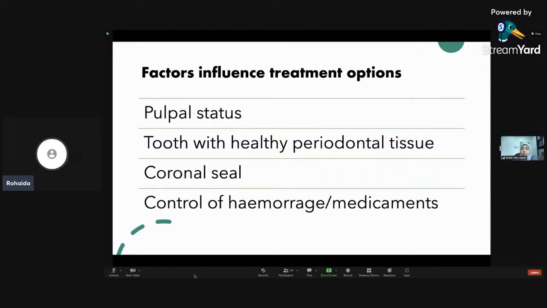You offer something like direct pulp treatment and all, patient might come back to you a few days later or tomorrow complaining they have intense pain as compared to prior to when they came and saw you. Okay, right. So actually, the other thing that we might forget is whenever you want to offer vital pulp treatment or any endodontic treatment, you have to make sure that the tooth or the patient has a healthy periodontal tissue, because